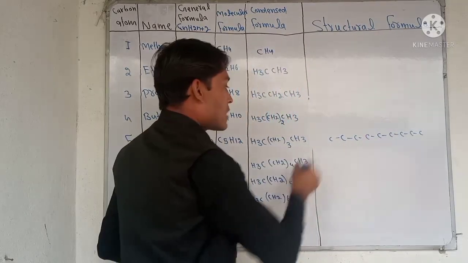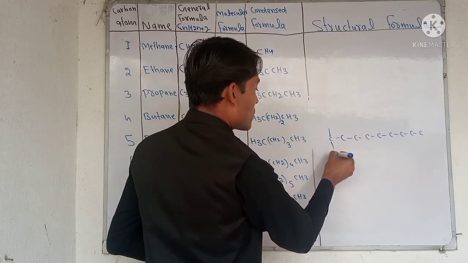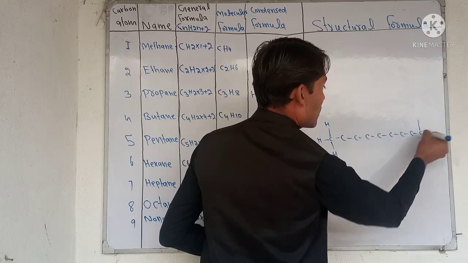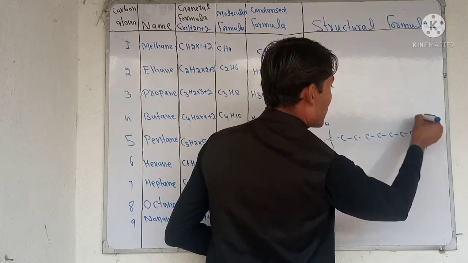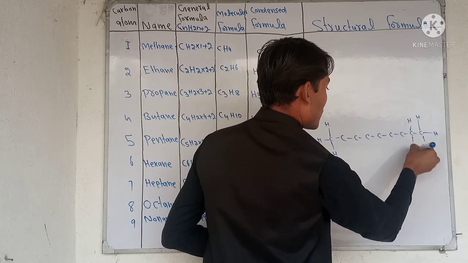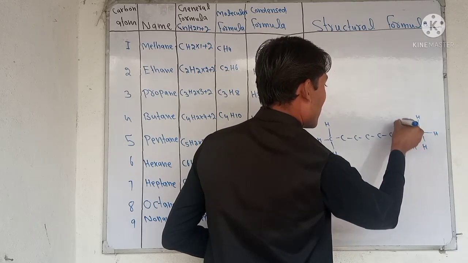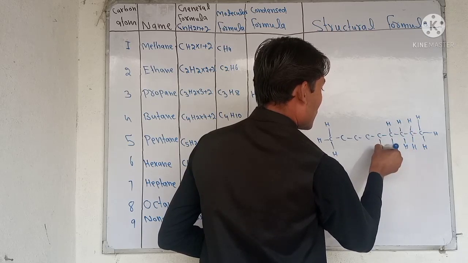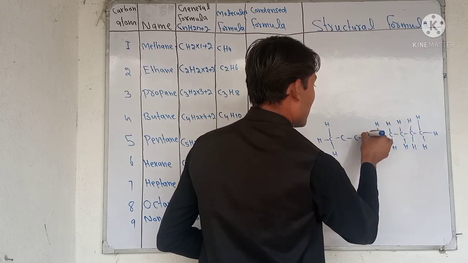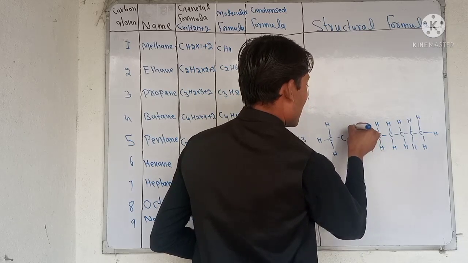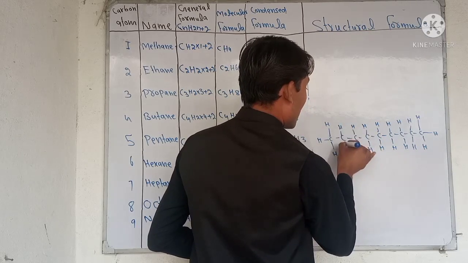It becomes 9. And as you know, on a terminal carbon we have to draw hydrogen, and also that hydrogen. So we can draw simply one hydrogen here, one hydrogen here, and also hydrogen here, and this one is also hydrogen. We can draw simply hydrogen, and here hydrogen also, and hydrogen as well.